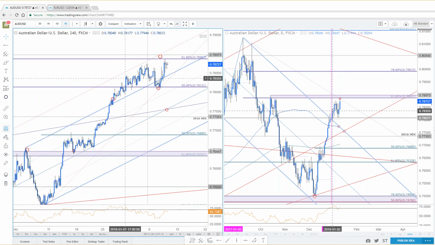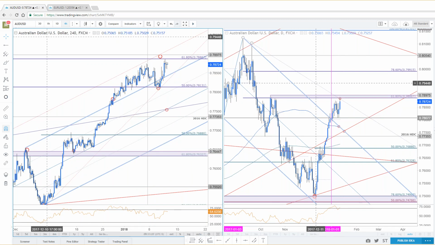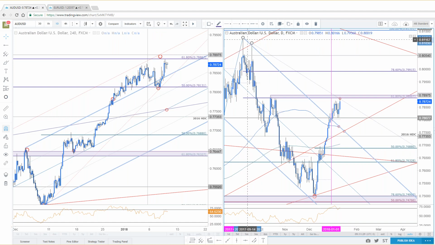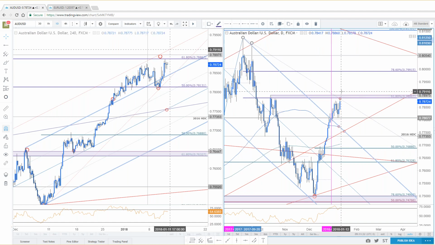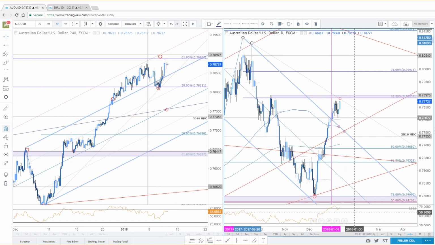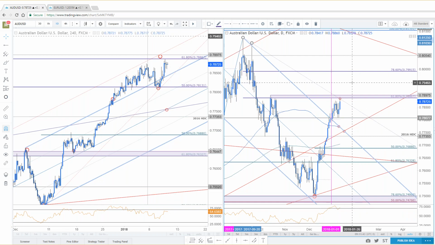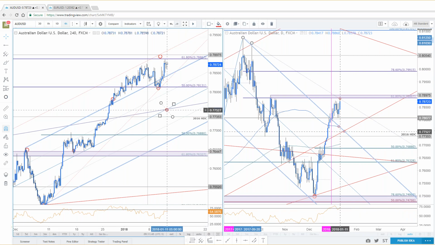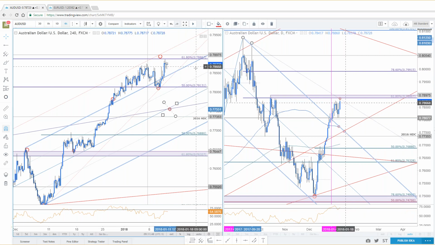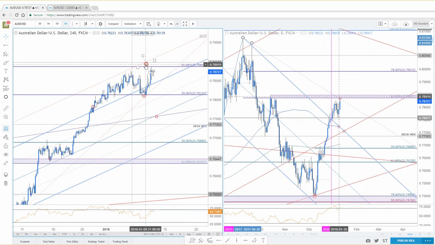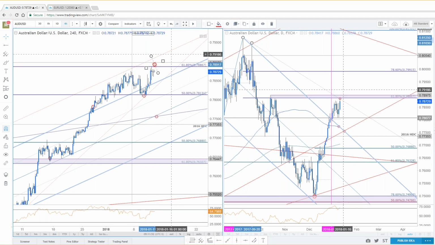Just basic slope resistance, key 618 retracement, former swing highs from back in October, big region. Basic slope resistance off last year's spike highs here. Big area. I know Jamie's looking also at this region being something pretty big. If we get the momentum push below 70 specifically today, a nice divergent signal into that high would be great, and would further add fuel to the fire. But until we do, 79 is my line in the sand. Probes into 79 should really be capped if Aussie is going to turn lower.